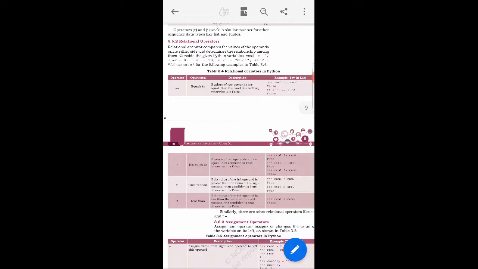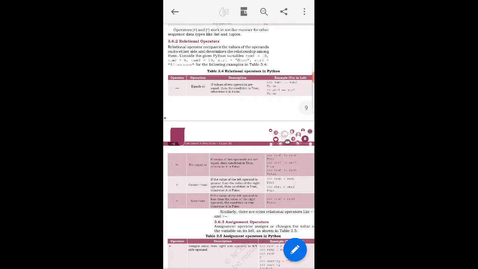So in this example you can say num1 is having value 10, num2 is having value 0, both are not equal, so that's why it is giving you false. Similarly, string 1 is having "good", string 2 is having "afternoon", so good is not equal to afternoon, answer is false.